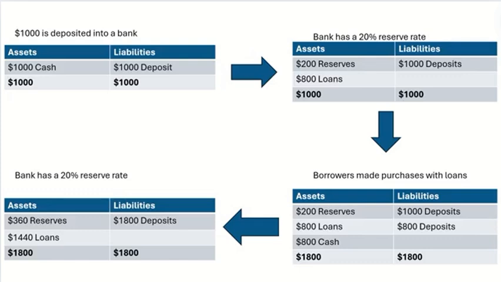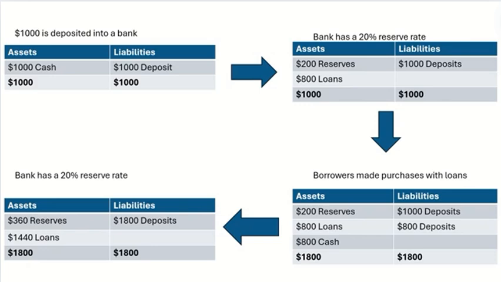So to see fractional reserve banking in action, I drew up this little example for you. So let's go through it. We're starting from scratch here, and $1,000 is deposited into a bank. So $1,000 would go into cash in the assets column of the bank because they can use this money now to give out loans, which will make them money in the future. But $1,000 will also go into the liabilities under deposits because the bank would have to pay this money back